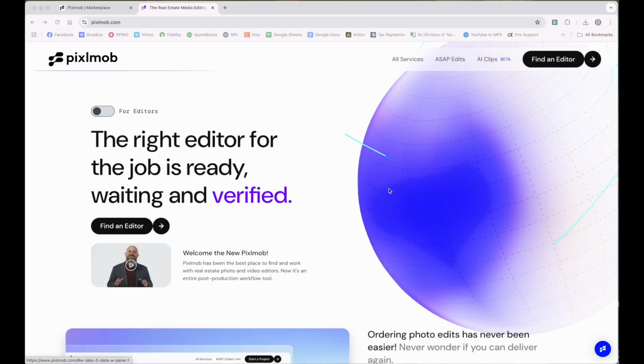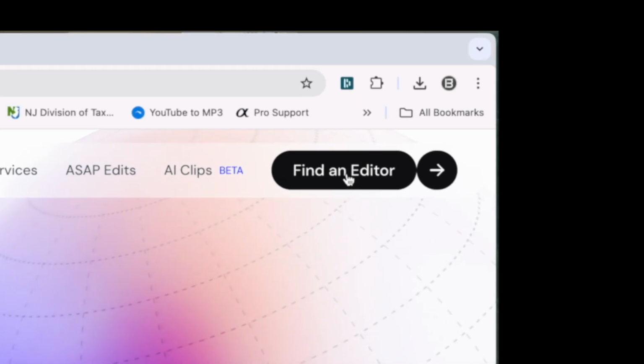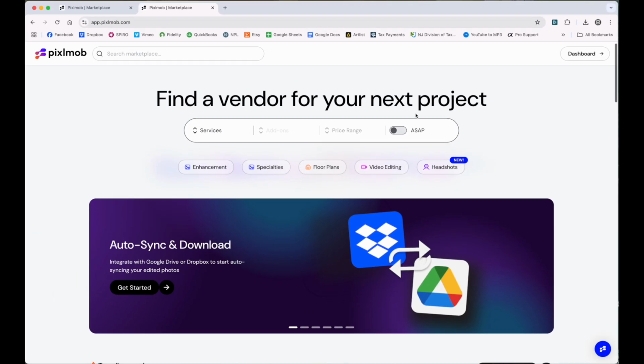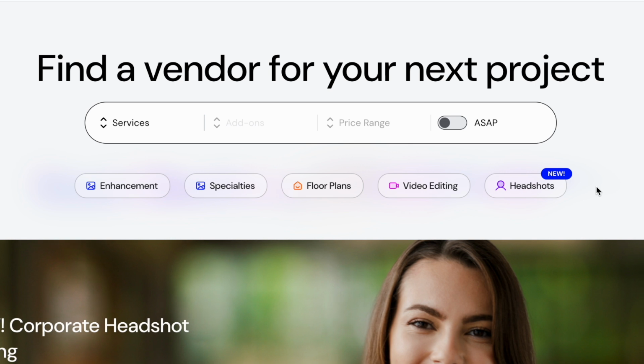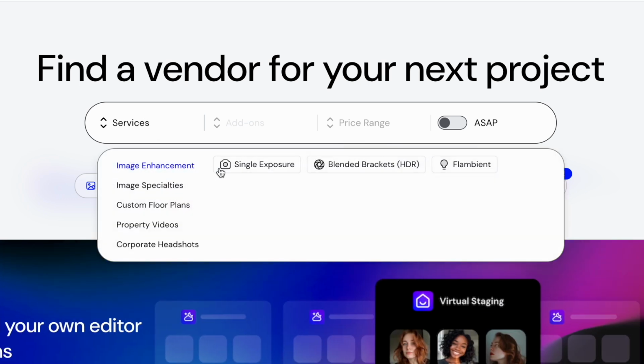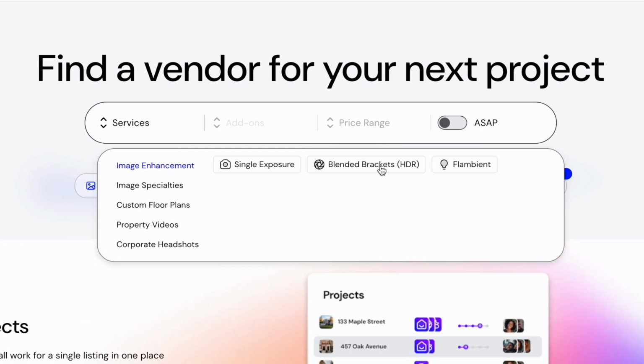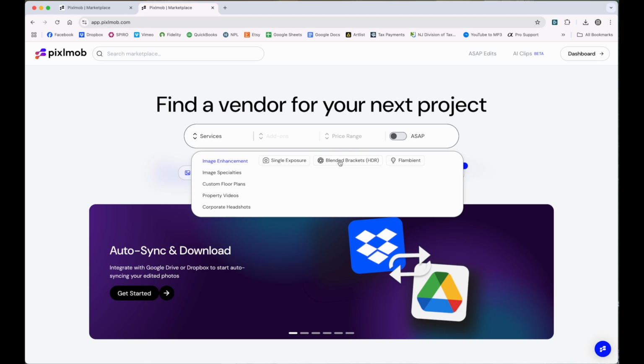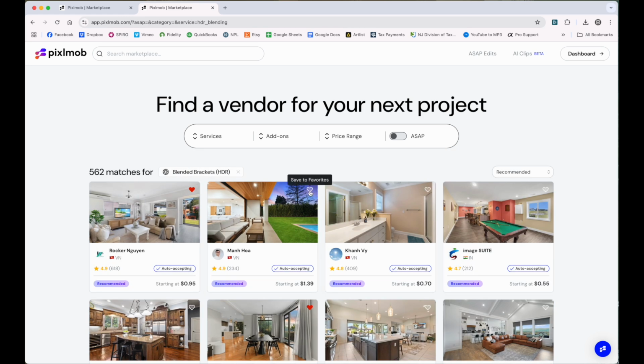All right, so the first thing we should really talk about when it comes to Pixlmob is finding editors on there and building your own personalized, ideal media editing team. Let's take a look. Of course, you want to create your own account on Pixlmob, but once you do, we can go to find an editor, and that will bring you to the marketplace. Firstly, you have to think about what services you want for editing. Mainly for me, it comes to image enhancement, blended brackets, HDR. That's the bulk of my editing work. I'm going to start with that. So I'll select blended HDR brackets, and that will bring up